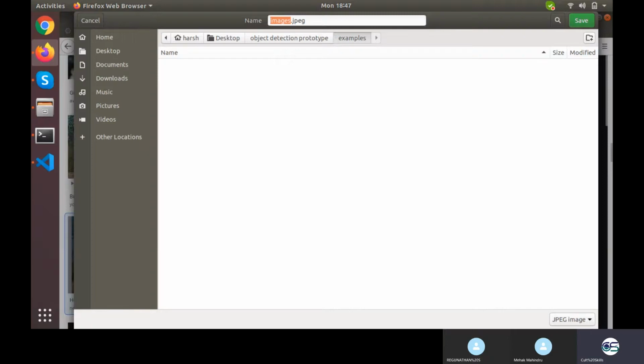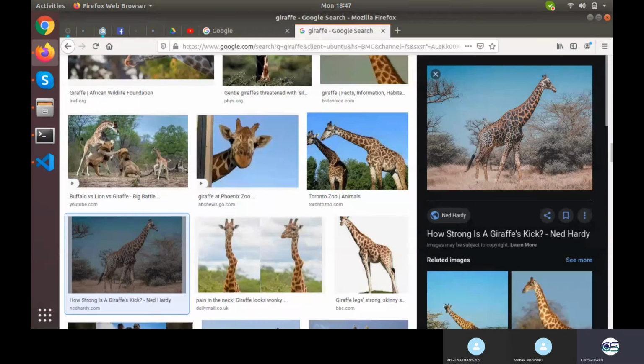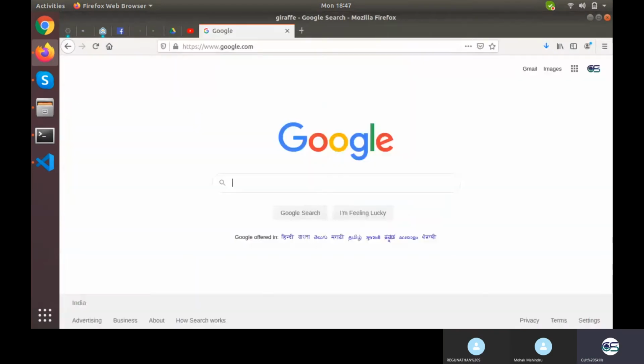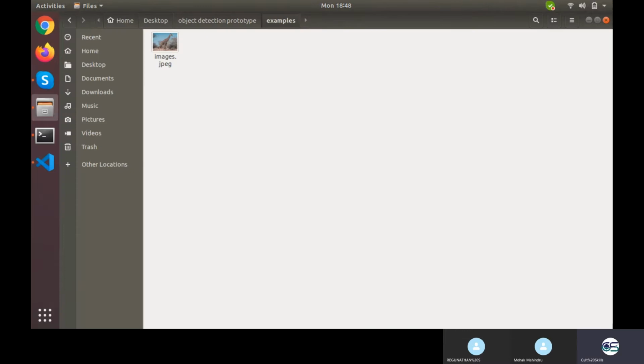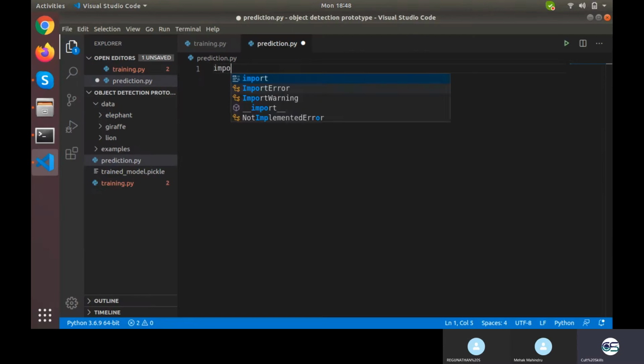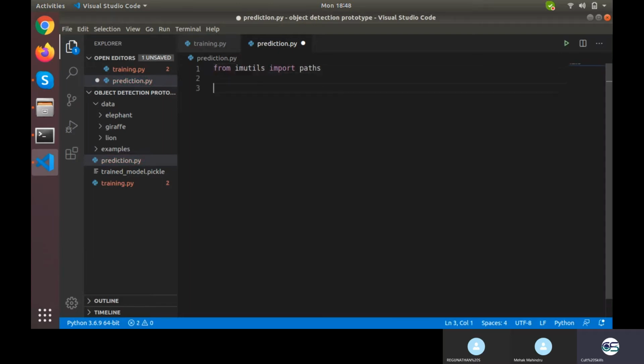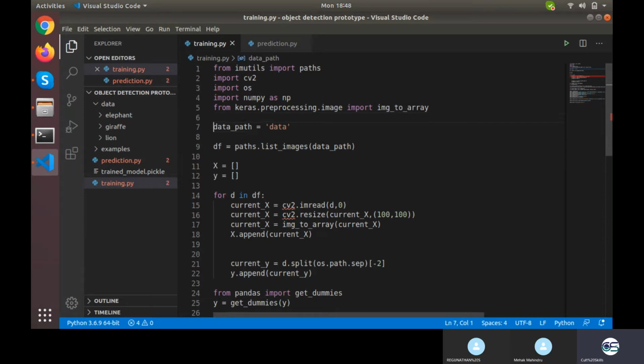Give samples this particular image. Let's just close it. Okay, so what do I need? Again I need from IAMUtils import paths, then I need to say data is equals to, I'll just be copying the same thing from there, nothing else is required. Data path, this.